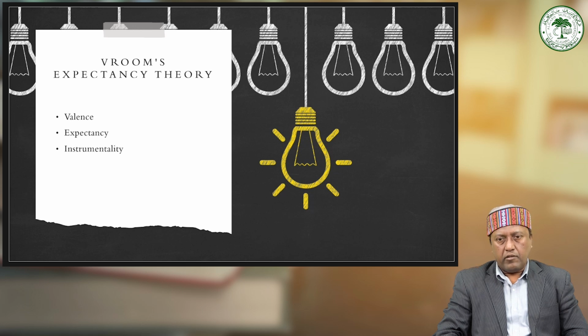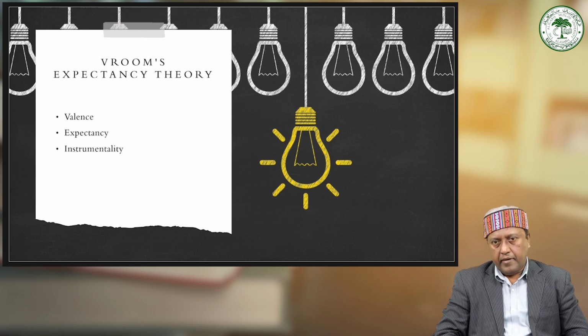Valence is the value or attractiveness that an individual places on the expected outcome or reward. It represents the subjective importance or desirability of the outcome. Different individuals may have different valence for the same outcome. Then the next important element is